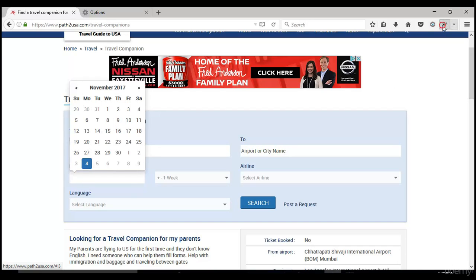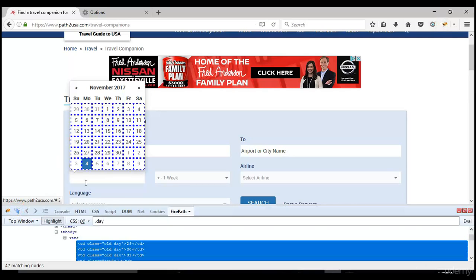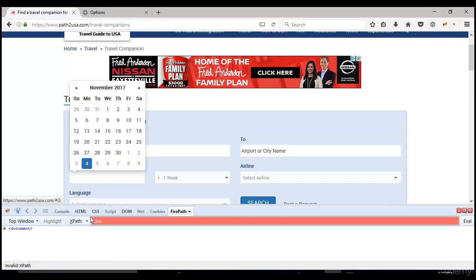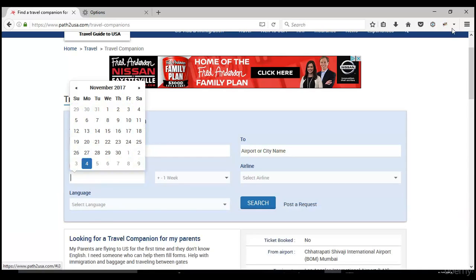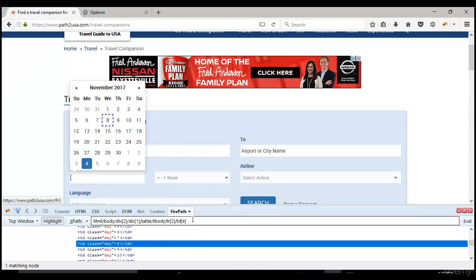Let me inspect using Firebug and show you that. When you do it with an XPath, you will get a fixed one. Basically you need to select the current date, which is November 8th.